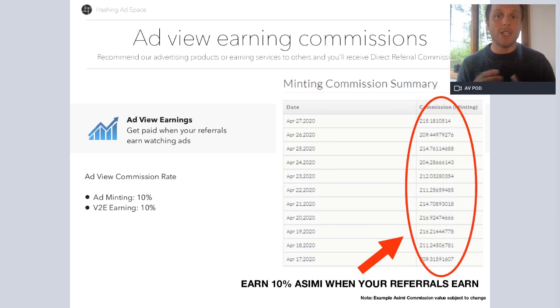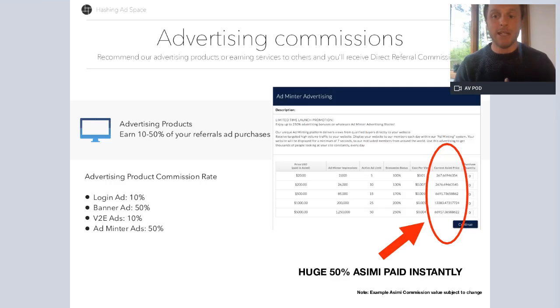Maybe they want to stake some Asimi and earn that higher rate of AdView earning. And as a result, you'll get that 10% every single day as well. So very, very exciting, because it can become that recurring commission. It really can last for years, and the work that you do now can set you up for years' worth of revenue as your team continues to stay engaged and to work at it.